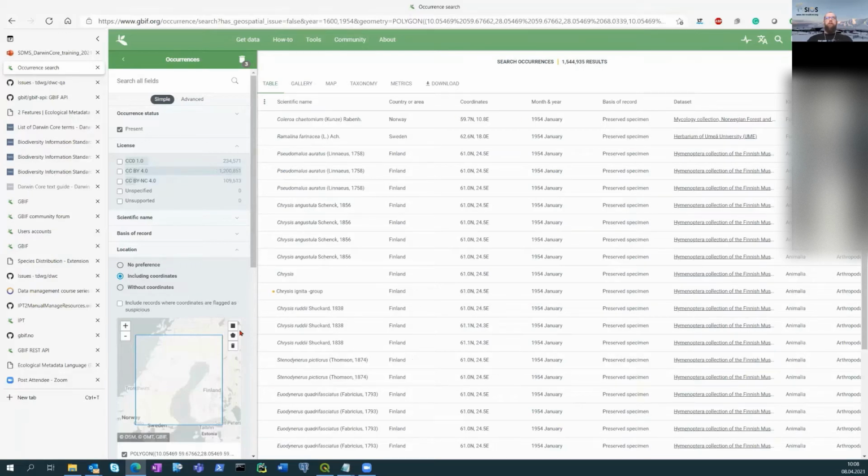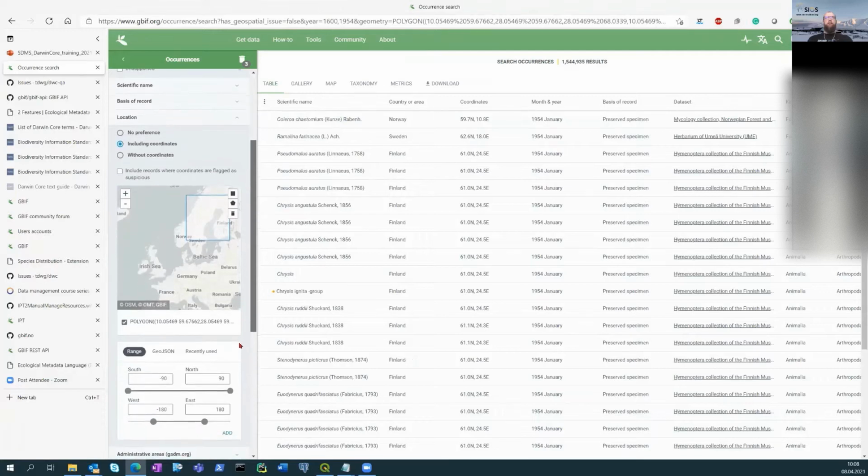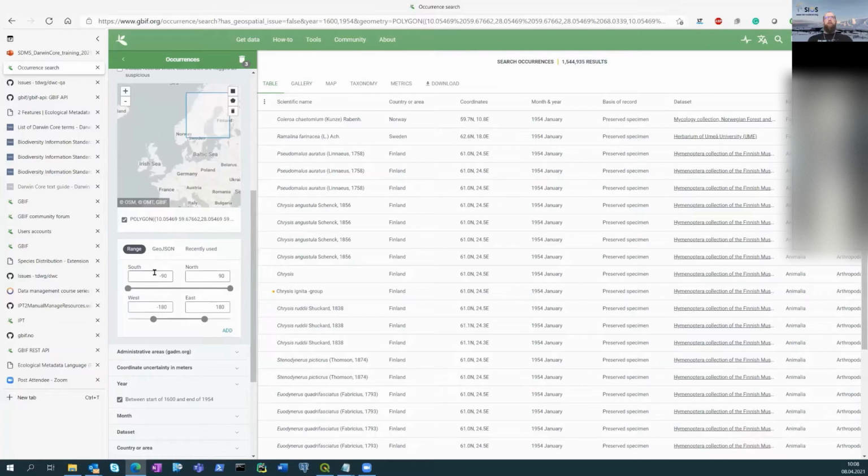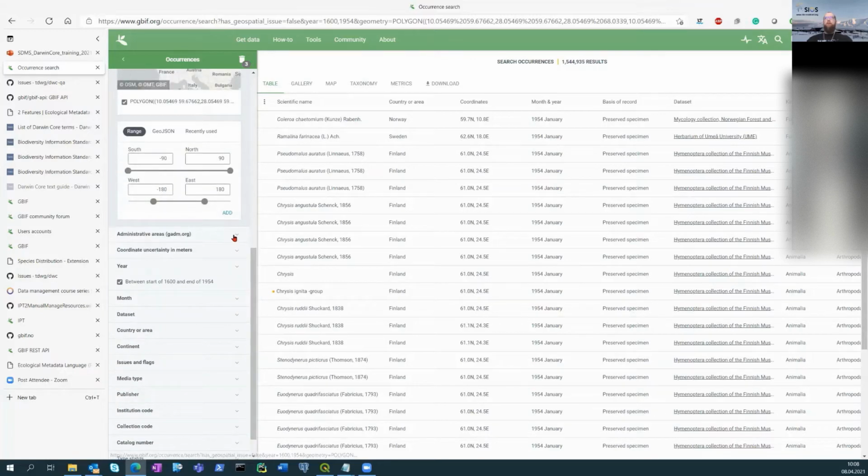You will have results, table results here, based on this location bounding box using this map tool, or using coordinates directly. These are geographical coordinates, or administrative areas. So searching, for example, it could be narrowing down to only one of the Norwegian counties,